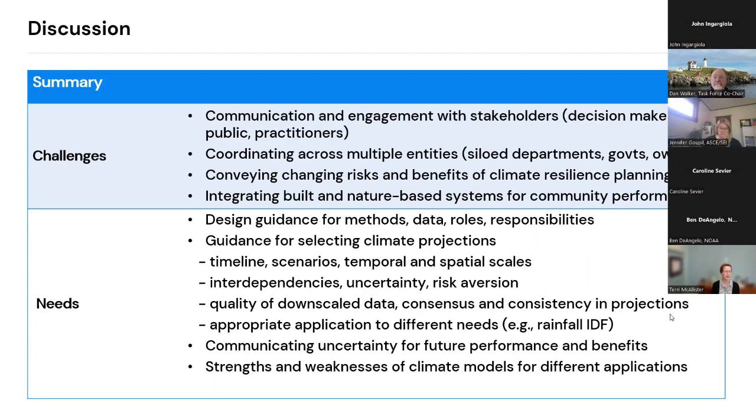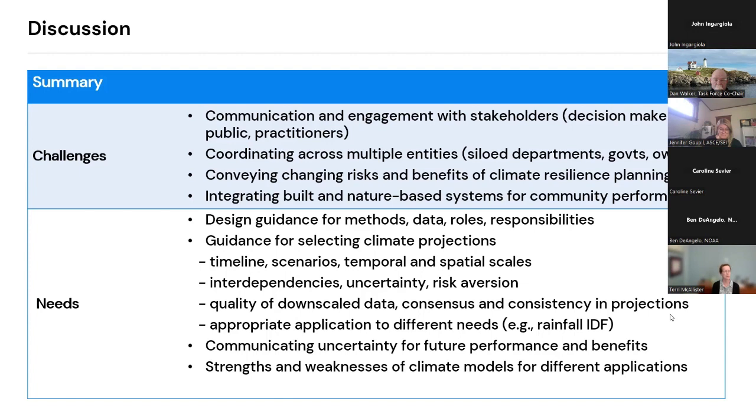Part of this is conveying the changing risk and benefits of climate resilience planning, as well as, from a community perspective, finding ways to integrate built and nature-based systems for improved community performance for future events. So some of the broad needs that were identified, and we'll try to, underneath of these, identify some of those